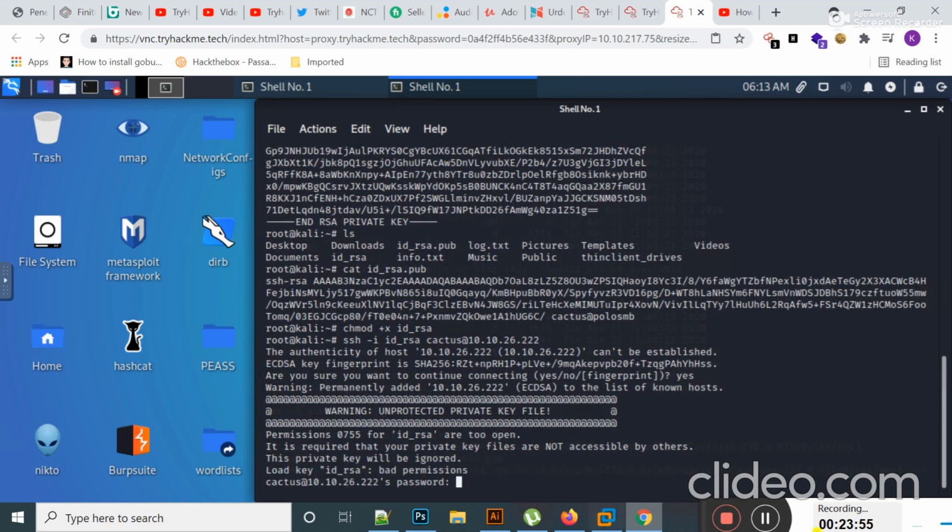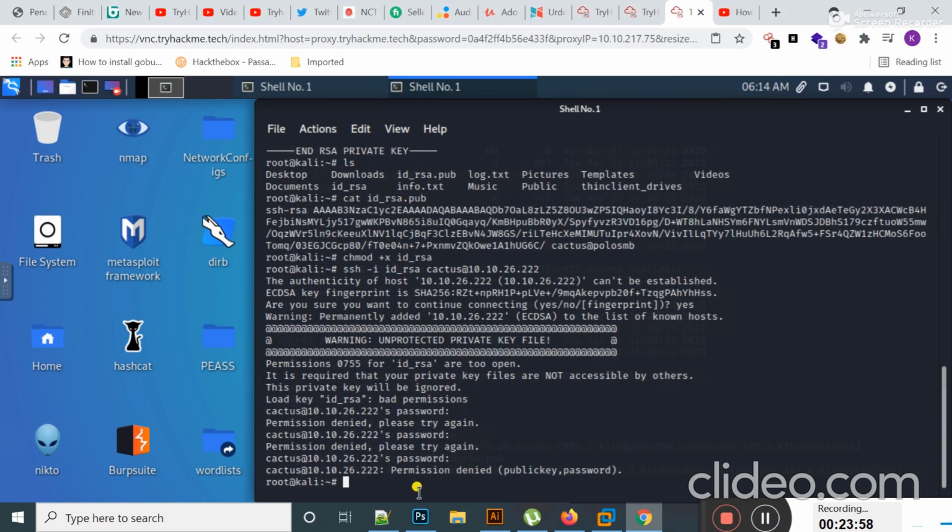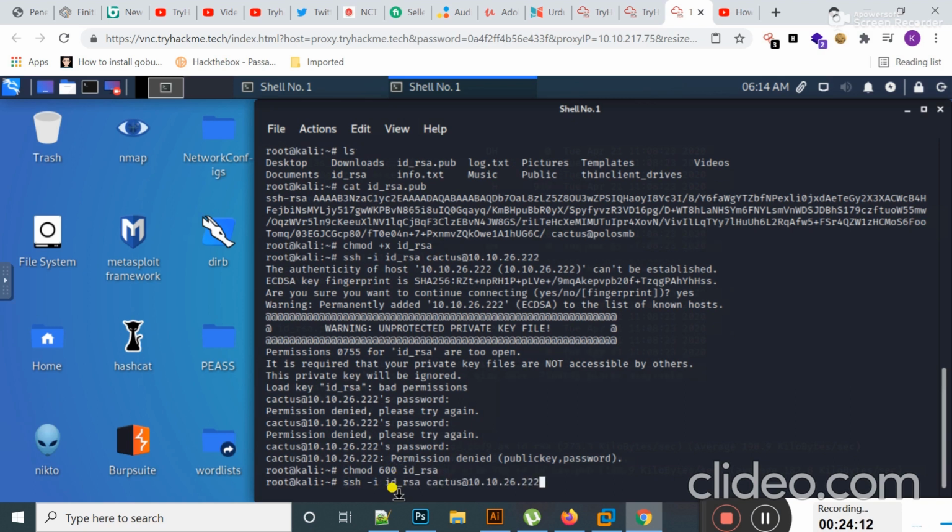So I'm going to change the mode of the private key by using chmod +x and then id_rsa and hit enter.